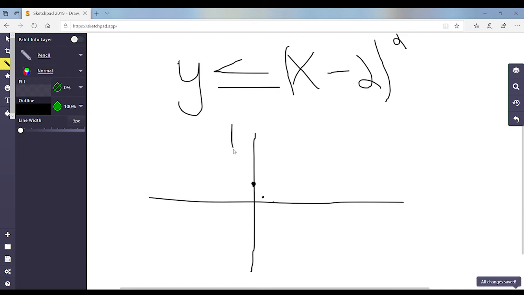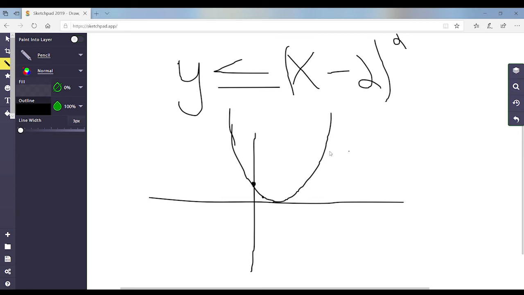So it will give you a parabola if you were to graph it. And we know this from Math 11, the past Math 11, the parabolas. I'm pretty sure I have videos on that. So anyways, this is going to be our parabola, okay? This is what x minus 2 squared looks like, okay? Now, y has to be less than or equal to this equation, okay? So